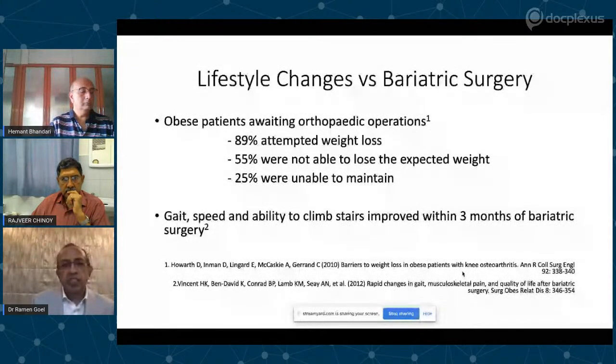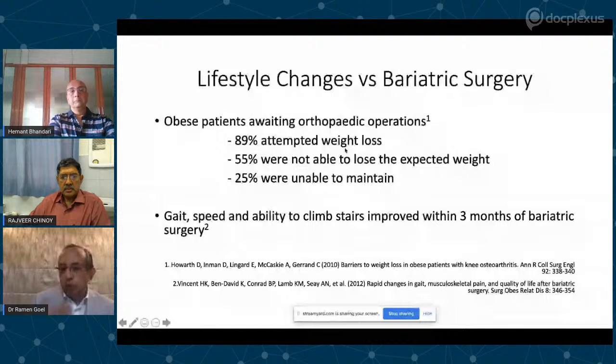There are studies to show this, that these are the patients who are awaiting orthopedic operations. I'm going to talk only in relation to orthopedics today. 89% of them, because the orthopedic surgeon said that you... 55% of them were not able to lose the expected weight, and 25% of those who lost weight were not able to maintain weight. So weight loss